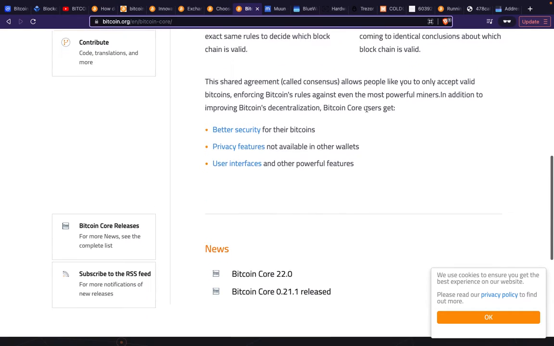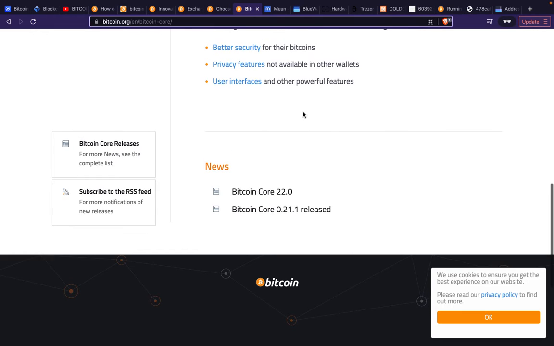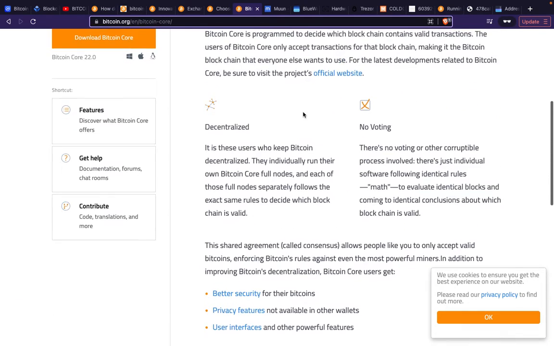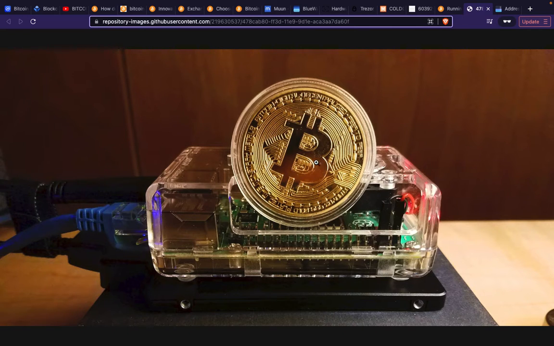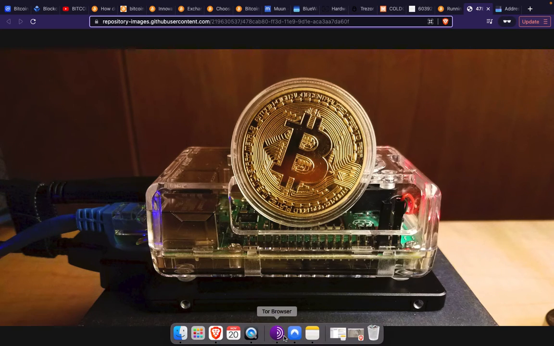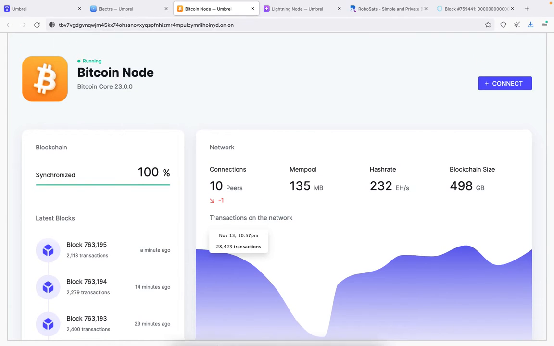You could download Bitcoin Core on your laptop. You can run your own node on your laptop. Yes, it's going to make your laptop slower because it uses a lot of memory, but if you have an old laptop, you can do so. But if not, just get a Raspberry Pi, get a stick disk drive and store it there and just connect it, and you can run it over Tor, right? And you can visualize this interface. You can use Umbrel or MyNode.